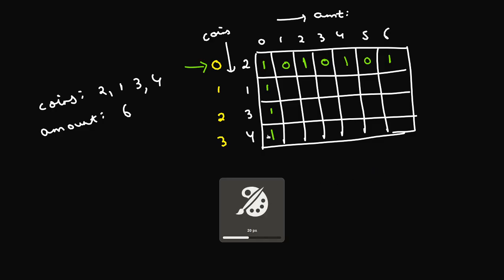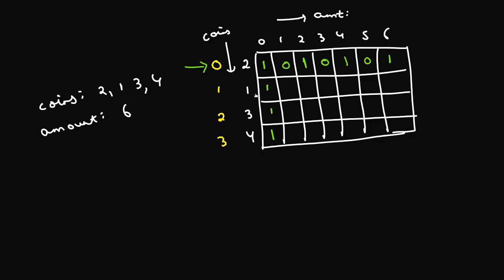Now let's consider the next coin. The next coin is coin of denomination 1. Whenever I'm filling this value, the answer that I'll store at this point will be considering both of these coins. I can either take one or not take one, but this value is going to give me the answer, which is if I consider all the coins all the way up to index 1, and I'm trying to create an amount of 1, in how many ways I can do that. It's up to us whether we want to use any coin or not, but we are at least considering that we have the possibility of using all the coins.